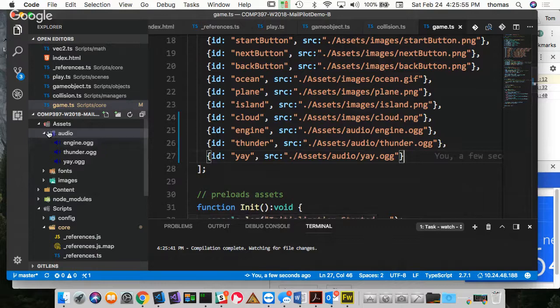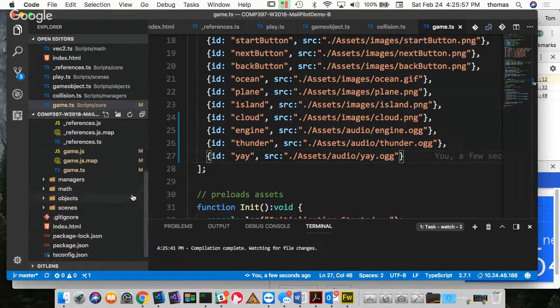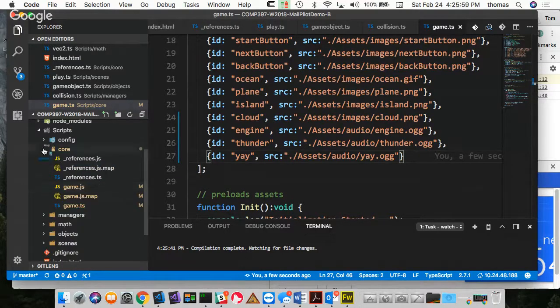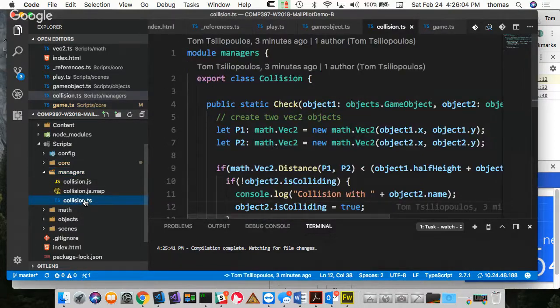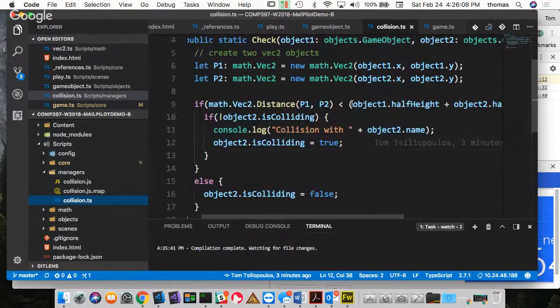Now this is how easy it is to play the sounds. So I want to play this in my collision manager, right? My collision manager is made to order. It's custom for my game, right? And what I want to do is, when I collide with my cloud, make one sound. When I collide with my island, make another sound. So then,